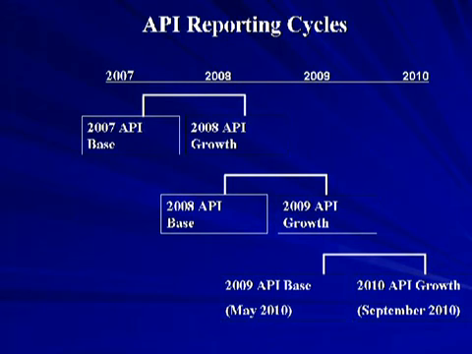There's actually two APIs that come out every year. One's called the base and the other one's called the growth. When the base API comes out, it's the one that mom and dad can look at statewide rankings and similar school rankings. So last May, when the state released the 2009 base API by category, elementary, intermediate, or high school,